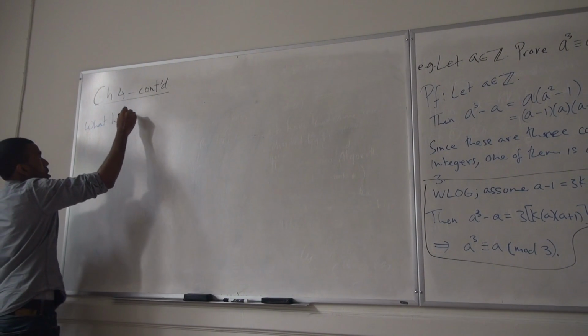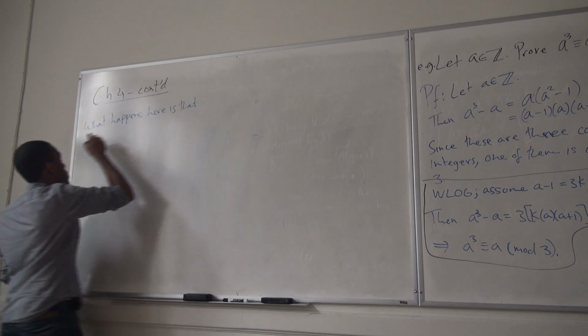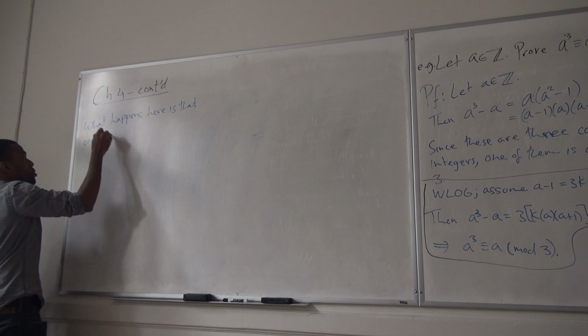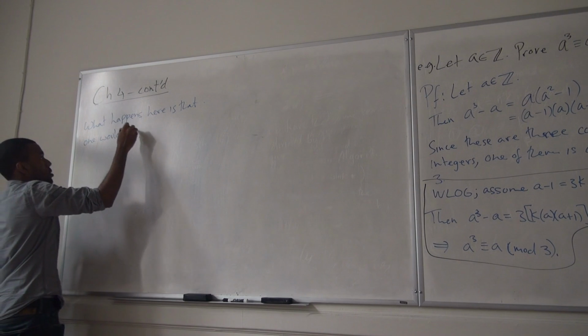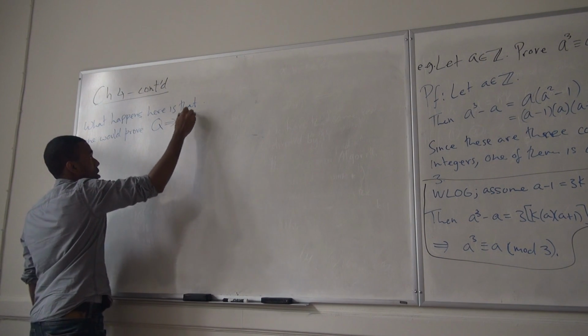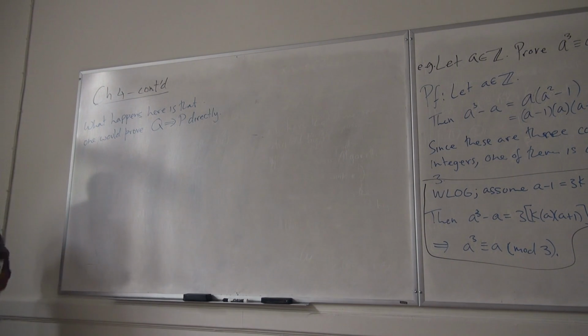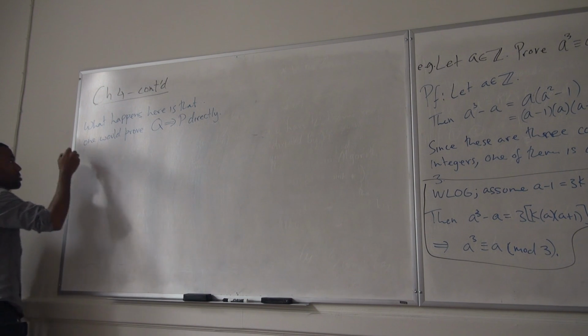What you actually prove is Q implies P directly. So begging the question is sort of like a direct proof of Q implies P,